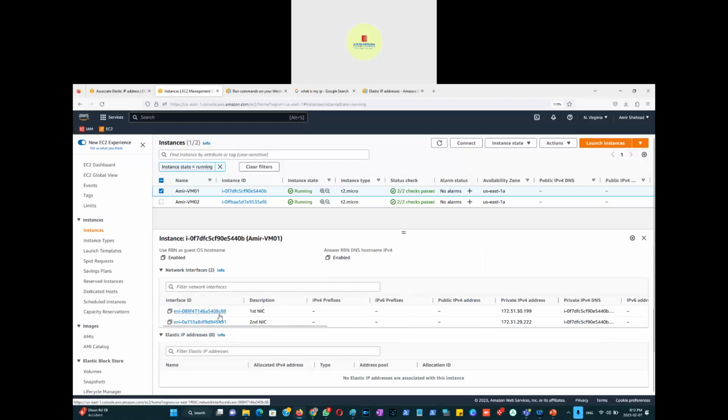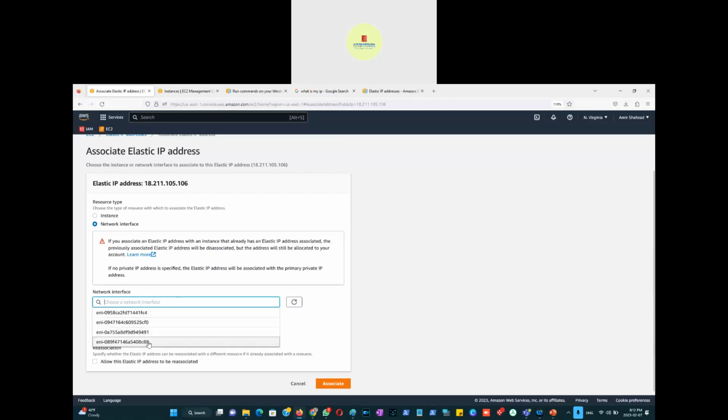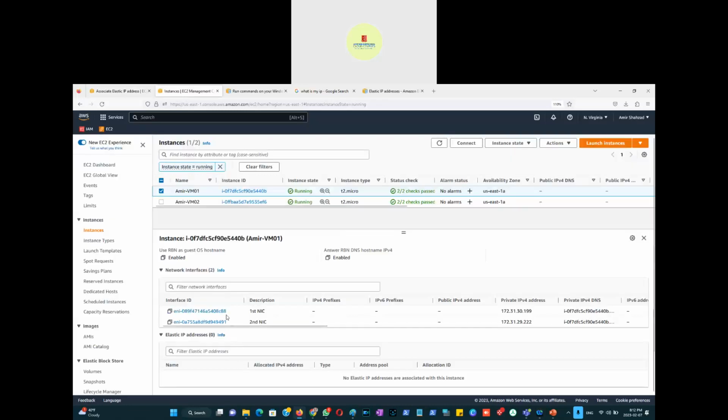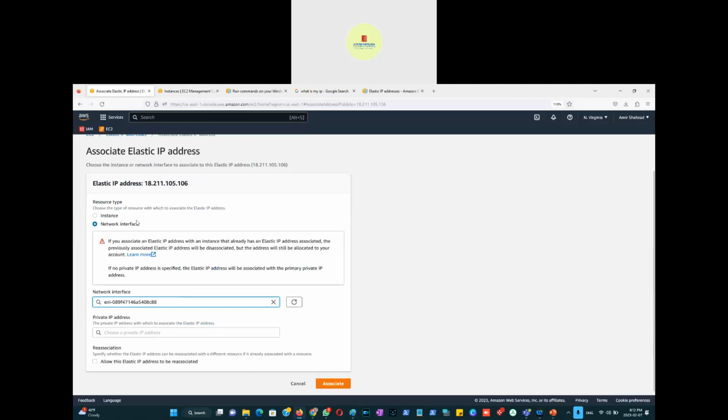So C88 and 491 are the two NICs associated with the first instance. If I go to the first tab here, C88 and 491 are these two. So I'm just going to associate it with the C88, which, if I confirm by going back here, is the first NIC of the first instance, and 491 is the second. I go back here and tell it, okay, please attach it to the first network interface. And okay,